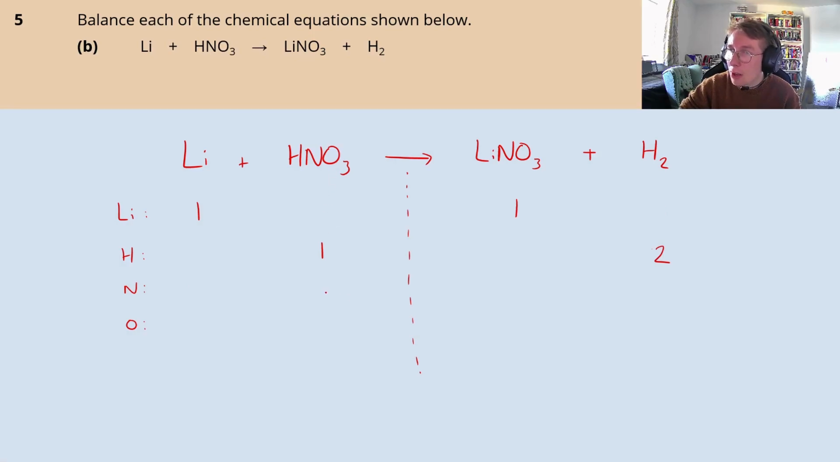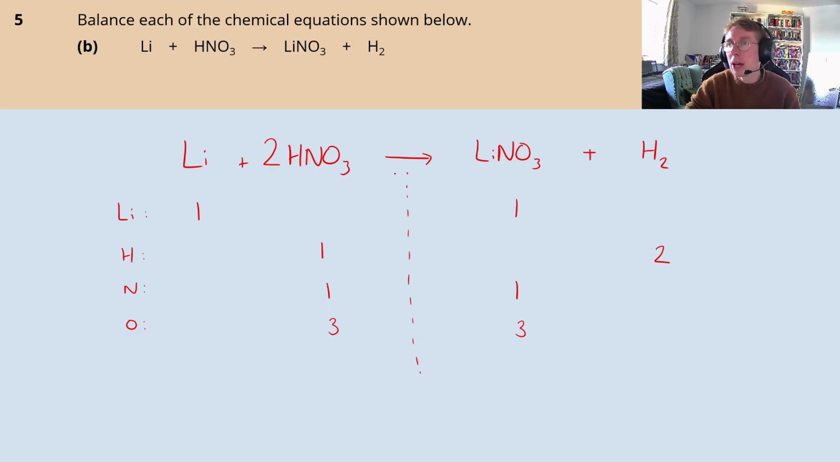Nitrogen, we've got 1 on the left in HNO3. We've got 1 on the right in LiNO3. So that's all fine. And then our oxygens, in HNO3 we've got 3, so there's 3 on the left, and then in LiNO3 we've got 3 as well, so there's 3 on the right. So everything's balanced except from the hydrogen, so I need to do something about that to start with. So we've got 2 on the right, so I need 2 on the left-hand side in order to balance that. Well, at the moment, I've only got 1, so what I can do is I can put a big 2